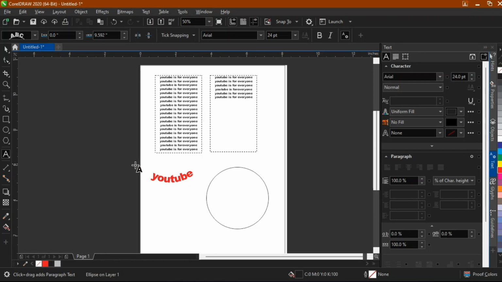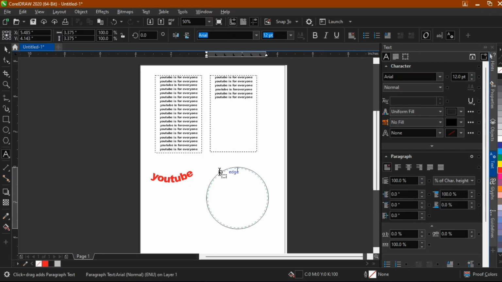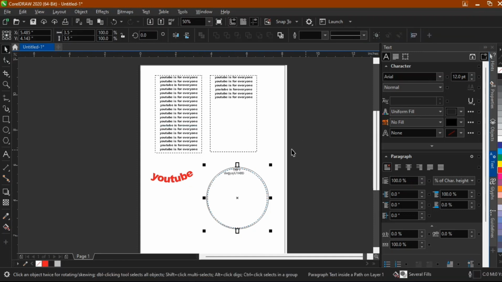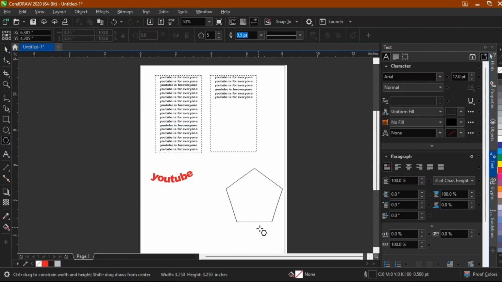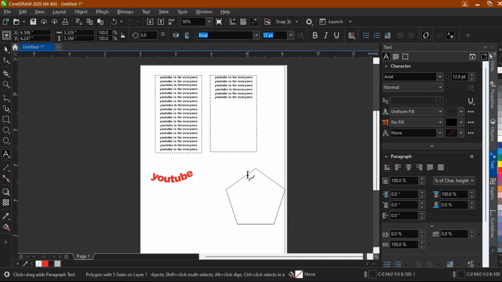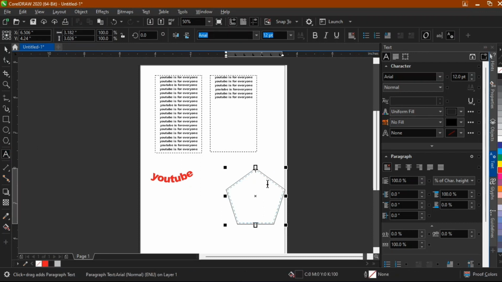Another way we can do that is clicking here, clicking on the circle or your shape, and type. Now what we did here is actually fitting it inside, not fitting it outside. Now it's actually inside. Whatever I'm typing is just going to be inside it, following it around. Okay, so now let me bring in another shape. Let's say I'm having this now. Just click on this, and this is it. So if I start typing,